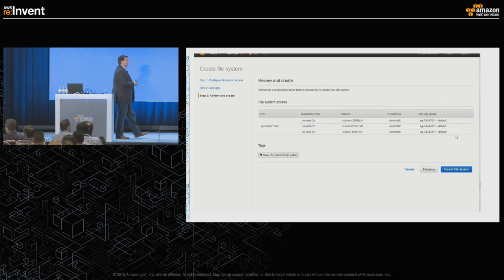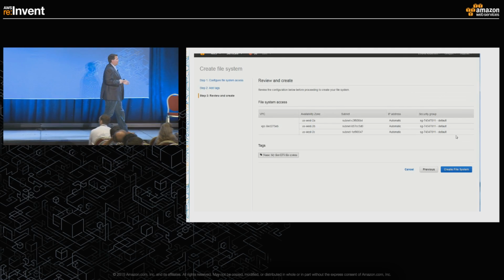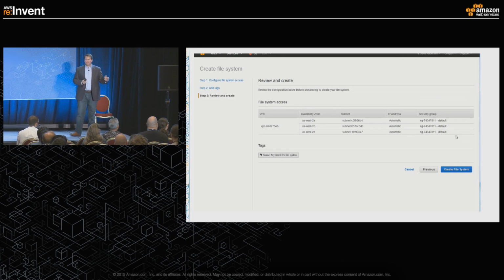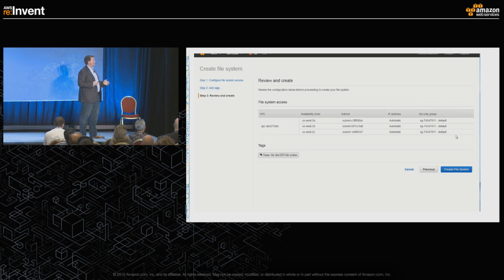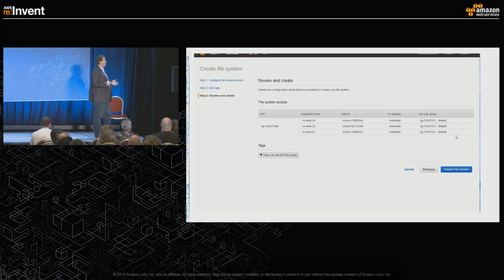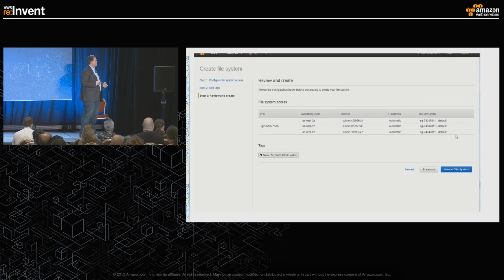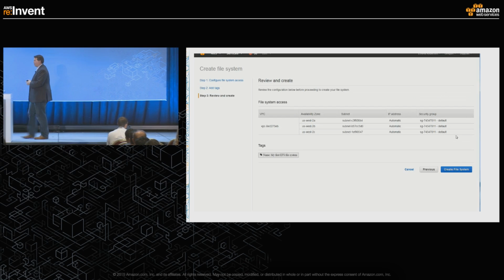Before we go off and execute the command for you, we'll give you one more chance to inspect it, and I'll take this from the right-hand side of the screen to the left-hand side of the screen. Which security groups do you want to apply to the VPC? Do you want to apply to this particular mount target? What is the IP address scheme and the subnet mask associated with it? Which of the 3 AZs do you want to have access to it, and what is the VPC in which you're going to place it? And then double-check the user-ascribed tag in the bottom left-hand corner.